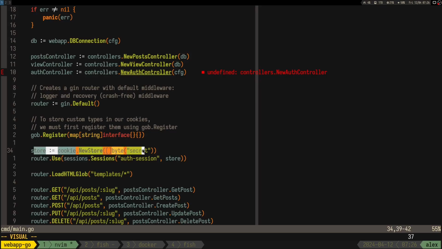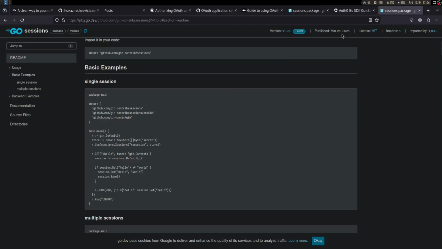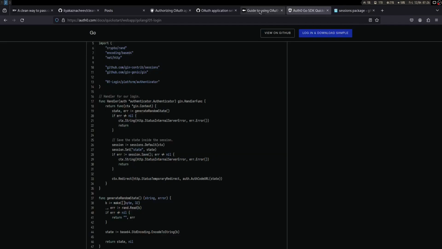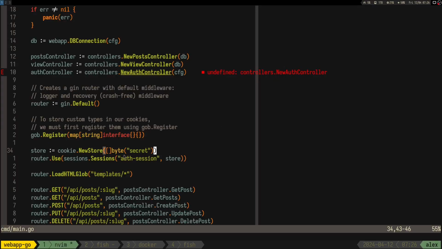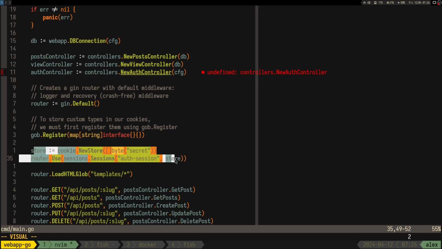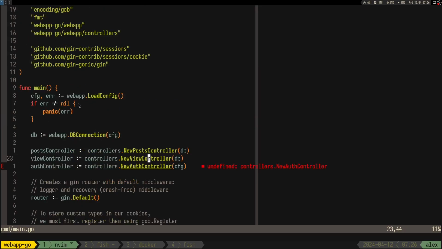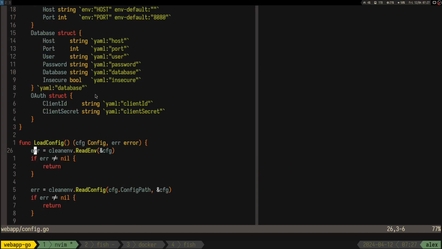But this is like a store, you save in this store content for each user that connects to this thing. That's the main idea. Yeah, let's see. Anyway, let's continue. So we added this. We can add this as a secret in our config. So if we go back to config,